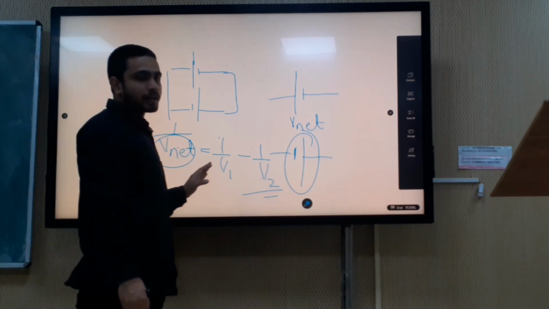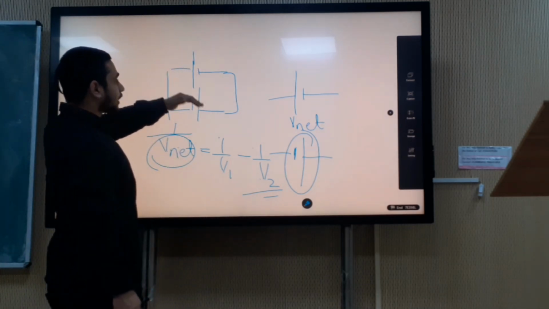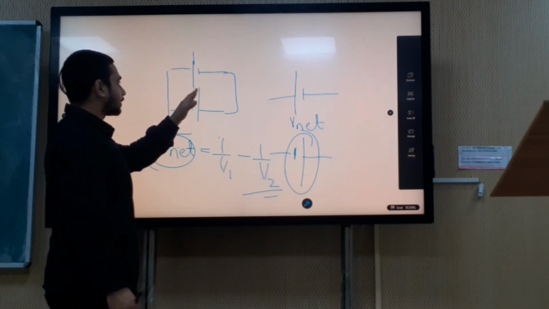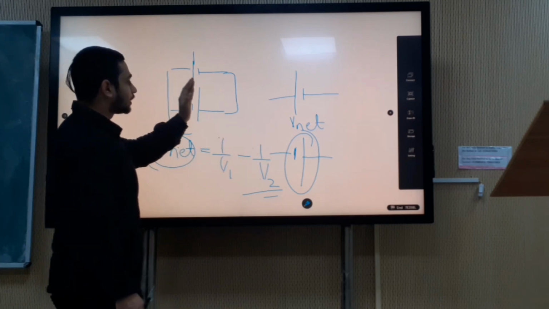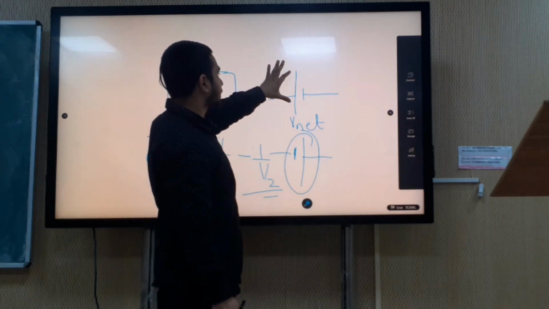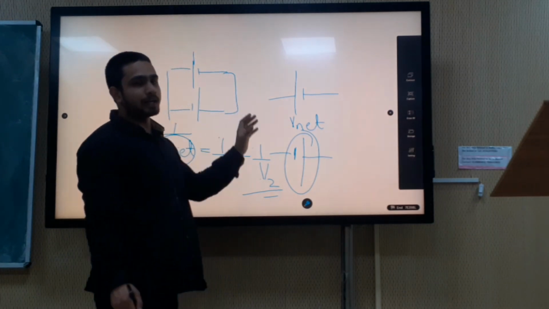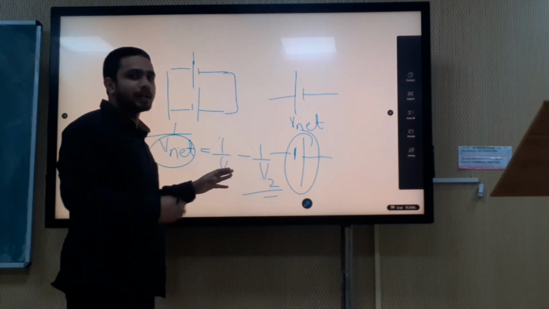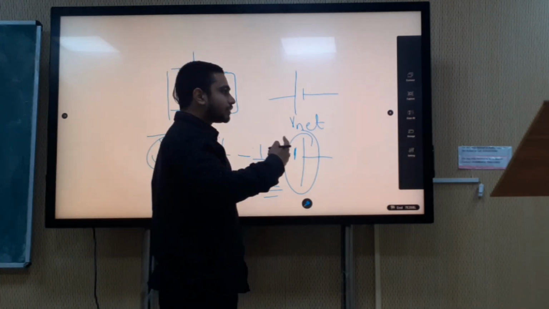Okay, so in the case of the battery, these are the things you have to remember. If the batteries are in parallel, the net is 1 by V1 plus 1 by V2. But if one of the terminals is opposite, then we write minus 1 by V2. If V net comes out to be negative, then the battery is put like this. If V net comes out to be positive, then the battery is put like this. These are the things we have to remember for solving questions when batteries are in series or parallel and the net potential of the battery is asked.